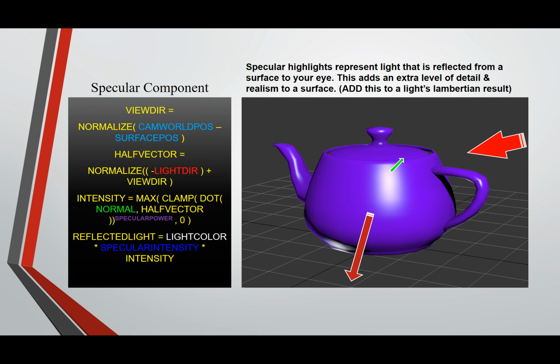So this code right here, and we'll talk through it in a second, looks pretty complicated, but it's really not too bad. This is just a very simple, basic way to add a specular component. It's probably the simplest and fastest way I know to do it. You can get more accurate ways, but this is going to be fairly cheap to add into your lighting